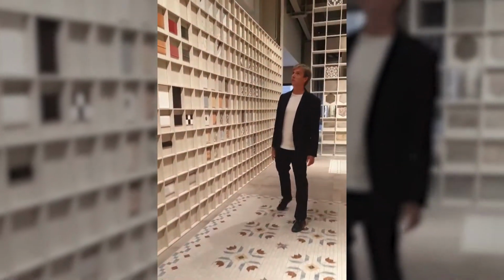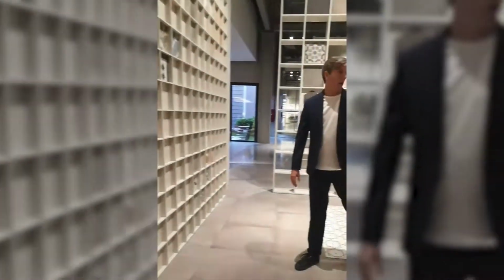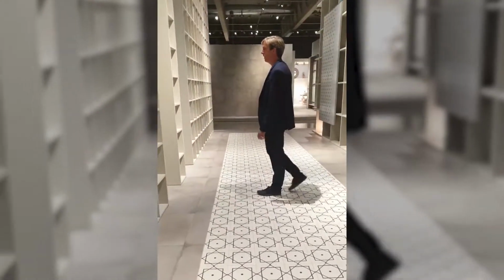It is huge. As far as I know, it's one of the biggest factory offerings in these decorative ones. Okay. And then if we go around here, up here, we've got some of the 30 by 30s as well. Okay. So a very, very big offering. And then if we just go around here,